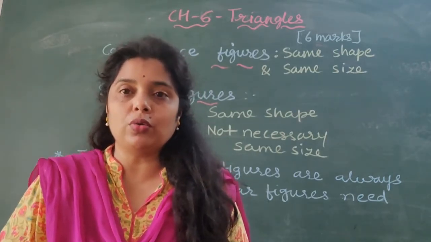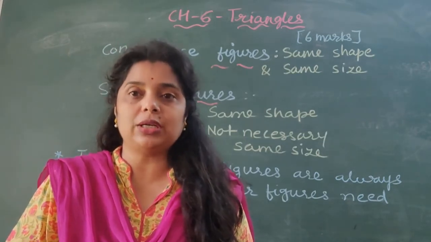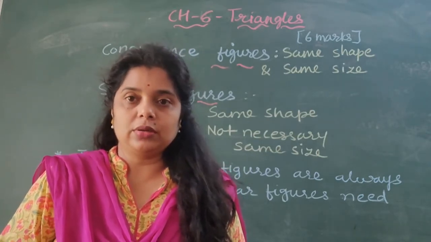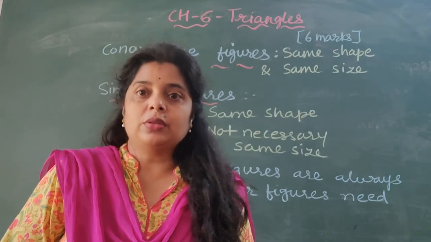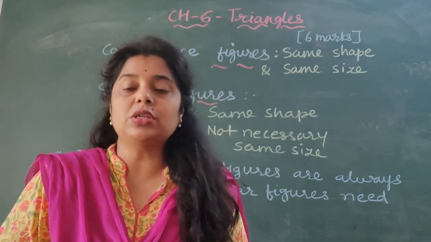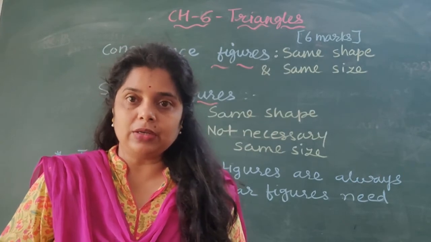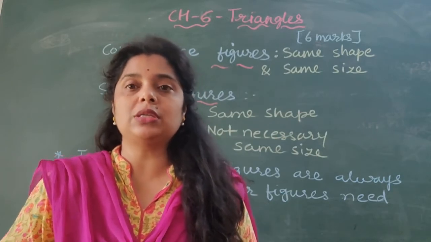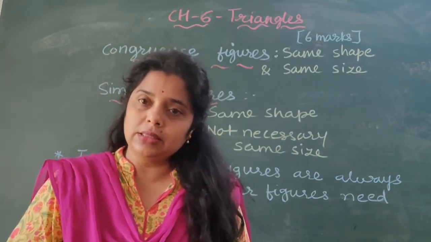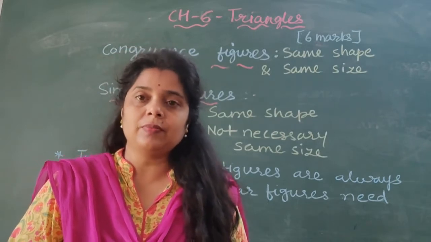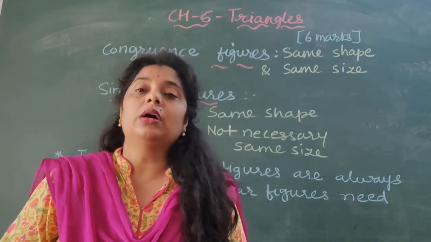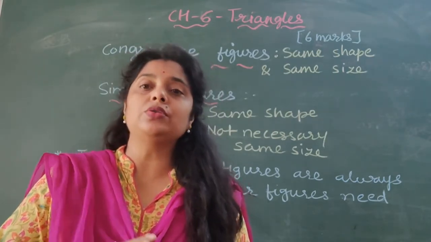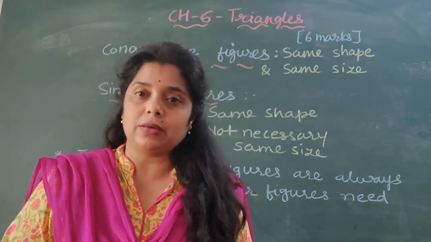What do you mean by congruent figures or congruent shapes? Right? The geometrical shapes which are congruent. So what is its property? The similar triangles, similar figures. What is the property of similarities? Right? So this thing you have already studied in ninth standard. You know the difference between the congruency and the similarity. In this chapter 6 in 10th standard, we are totally focusing on a similarity of triangle and its concept. And that concept we are going to use to solve prove that sum.